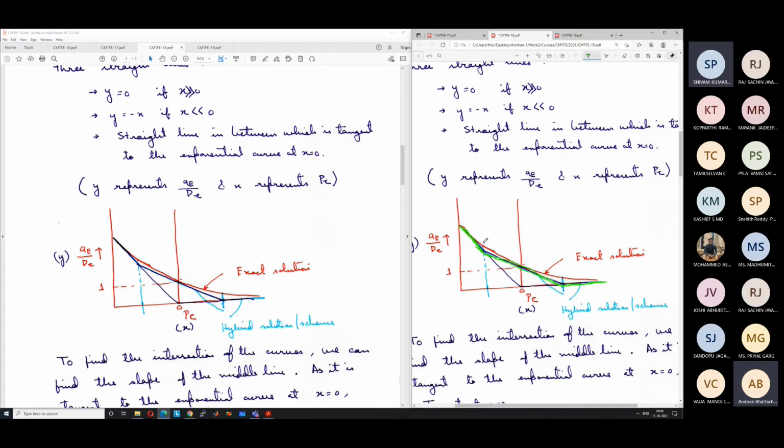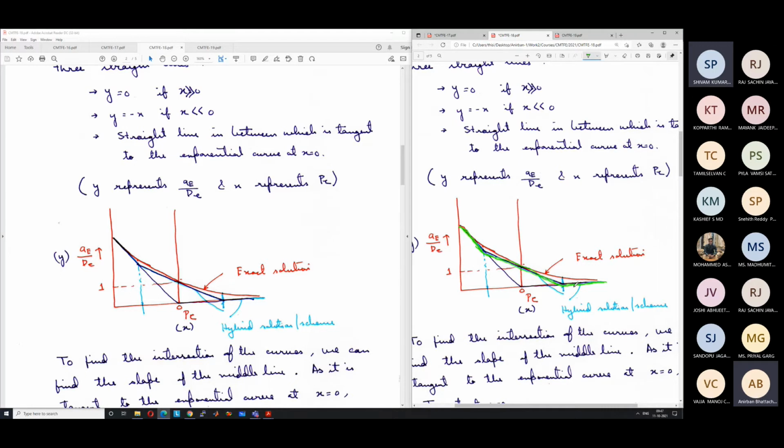I want to devise a new scheme where I claim that using quadratics it will be a better approximation. So I will use 3 quadratics. One quadratic from here to here, one from here to here, one from here to here. Because it is quadratic, it will capture the curvature also somewhat instead of being straight lines. So it can be better as compared to straight lines, although it will be more computationally expensive. Then if I devise such a scheme, I can claim that, okay, this is the increase in expense, but we can increase the accuracy by this much.